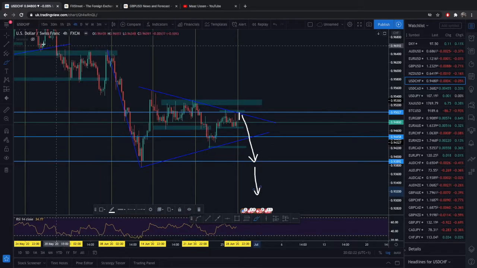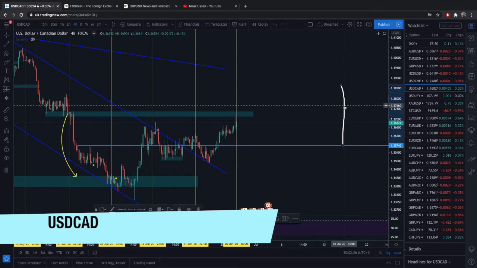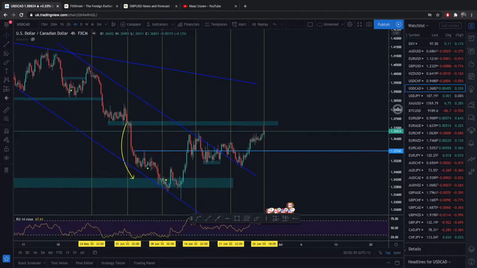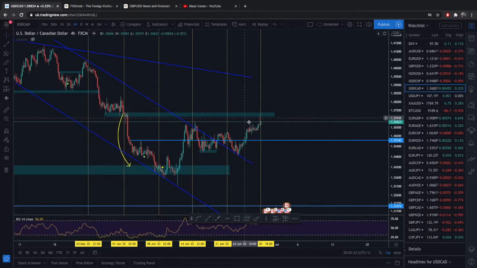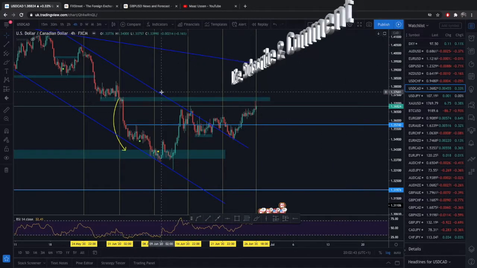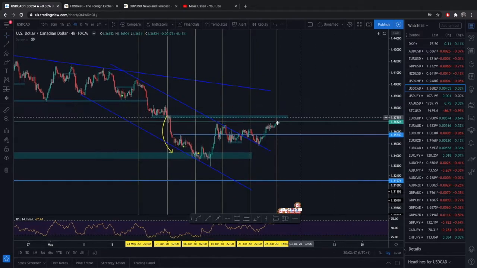Moving on to USDCAD, two massive juggernauts, as I always call them. It is coming up to test a huge level. I think it's coming to retest this area that it previously broke, that I mentioned in my video about 3 weeks ago now. So we're looking for the same kind of opportunity. I think we've broken out of this bearish channel that we were playing in last week. It broke out, came to retest the channel, this trend line, and it's come back to retest here.